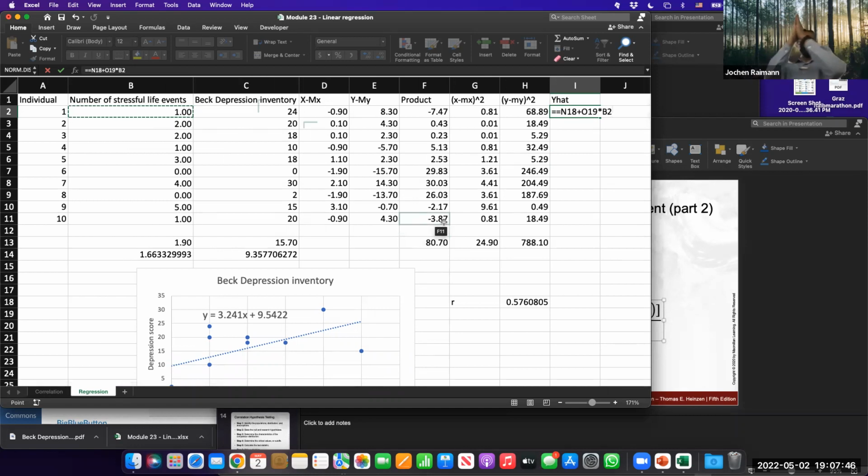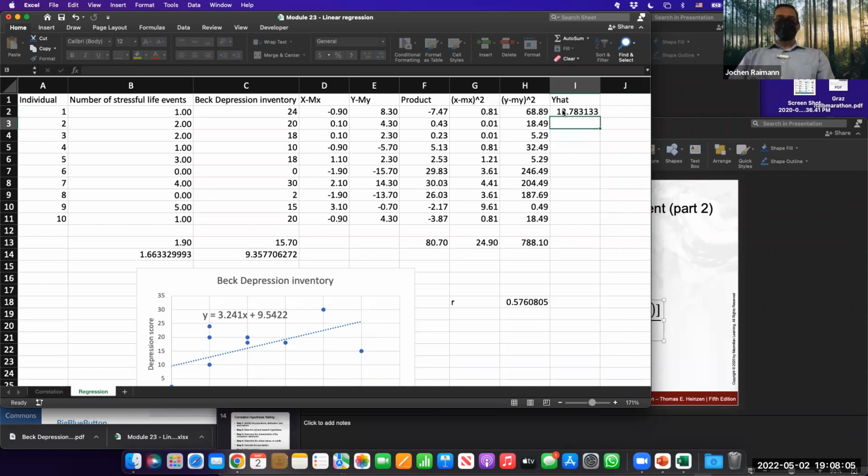It's the equation, right? Intercept plus slope multiplied by number of stressful life events. So you have N18 plus O19 multiplied by number of stressful life events. Locking this in